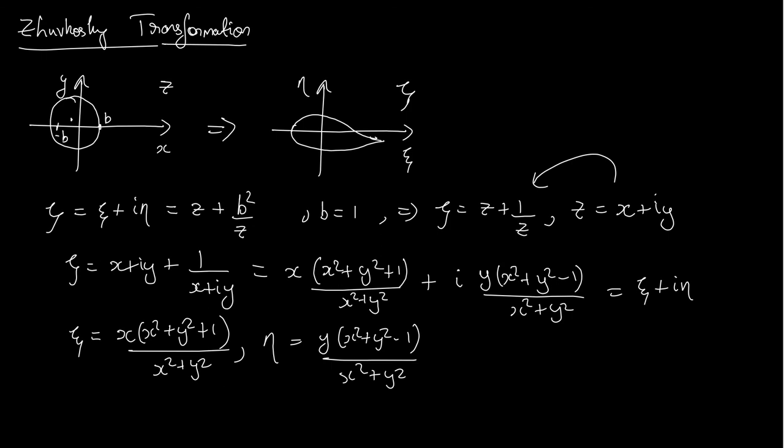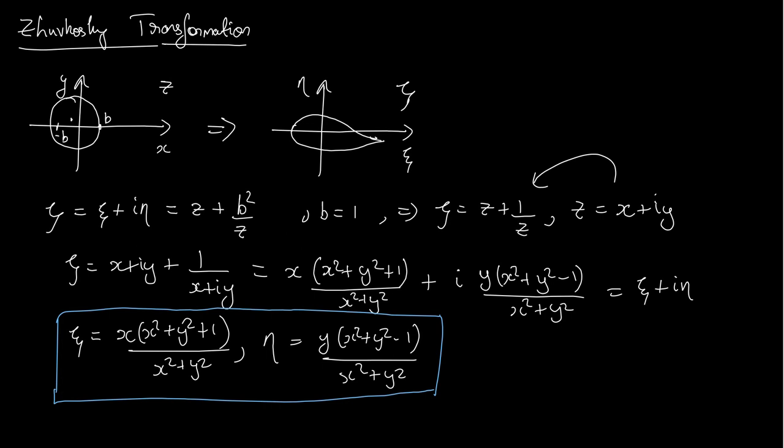So this is a general result for solving this Zukowski transformation, and depending on what kind of path or what kind of function x and y follow, we'll get different kinds of geometries in the zeta plane. For example,